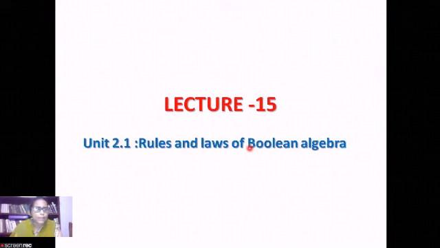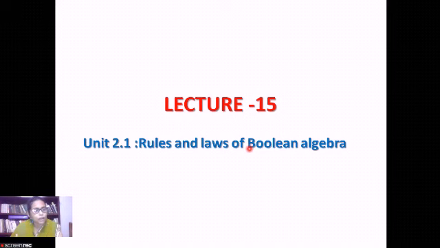Before starting the lecture, let us have a quick recap of the things already we have studied. First, starting from the first lecture, we have studied analog and digital systems, and also we have seen the applications of the logic or the digital circuits. In that lecture, we have studied what is the logic, what is the digital system, what is the analog system, and also the advantages of the digital system over the analog system. That is why we are studying the digital electronics subject. What are the applications of the digital electronics subject?